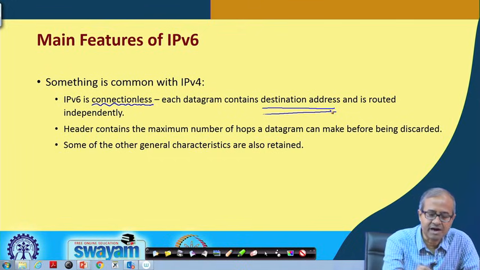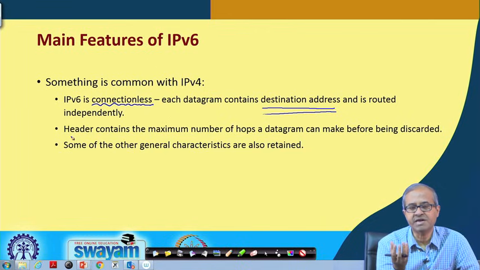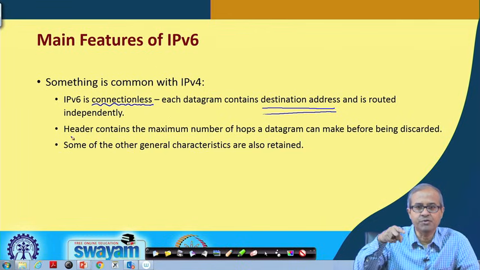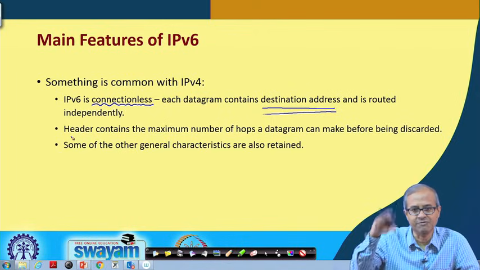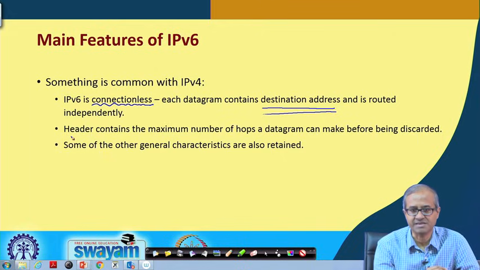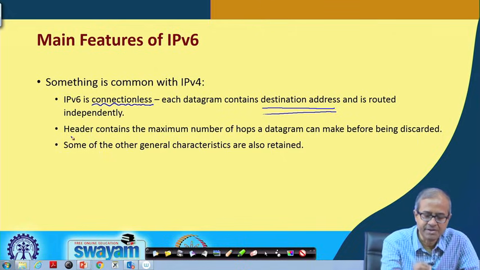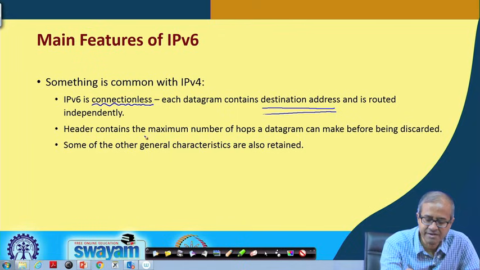And just like IP, if you see, in IP there was a time to live field. It told you the maximum number of hops a datagram can take before it will be discarded. At every hop the TTL field was decremented by 1. Whenever it reaches 0, the packet gets discarded. Similarly, here also the header will contain a similar field, the maximum number of hops